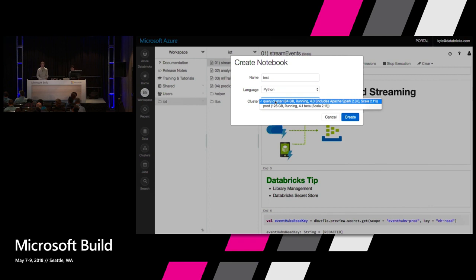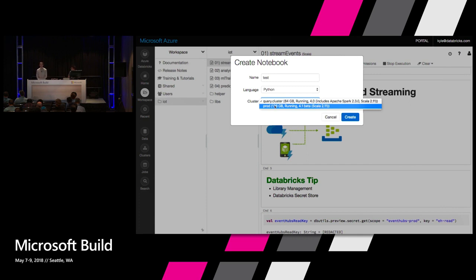So what's really great is you could have maybe a small cluster up for development on a sample of data, and you want to test it and move it to prod. You can do that with the click of a button, since the code and the data are decoupled from the actual compute itself. Or one of the key things which we'll show you is, you notice these are two different